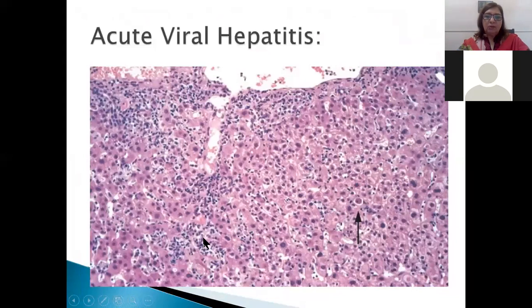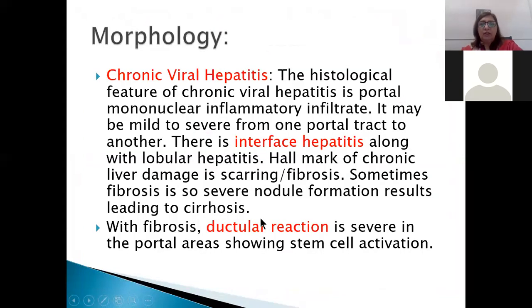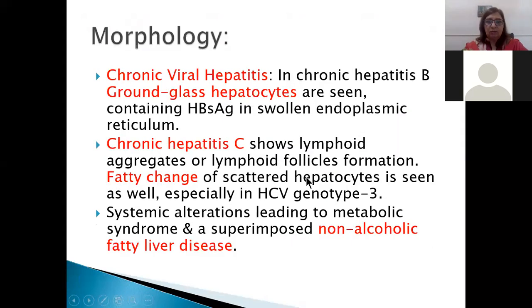You can see in between the lobules, dense plasmalymphocytic infiltrate is present, and apoptotic bodies can be seen as well. And in chronic hepatitis, I told you there is interface hepatitis. Interface hepatitis means there is hepatitis present within the portal tract, dense inflammatory infiltrate, which spills into the lobule. The spilling in between the portal tract and the lobule is known as interface hepatitis. I'll show you the pictures as well.